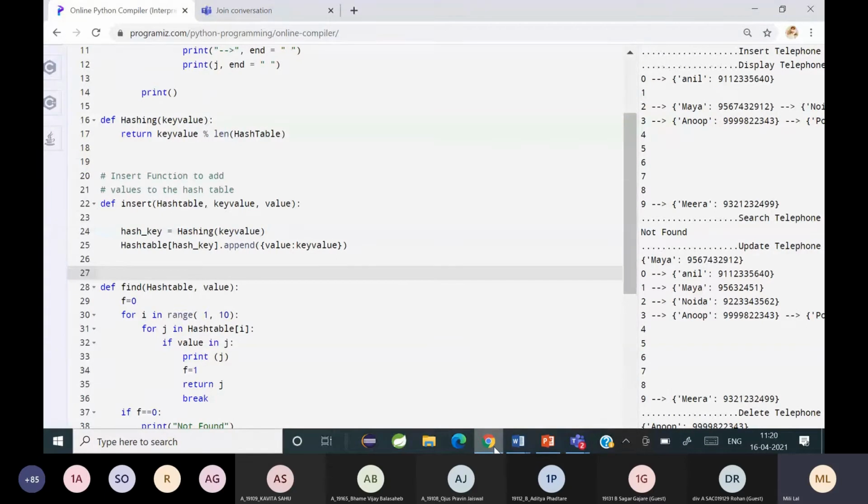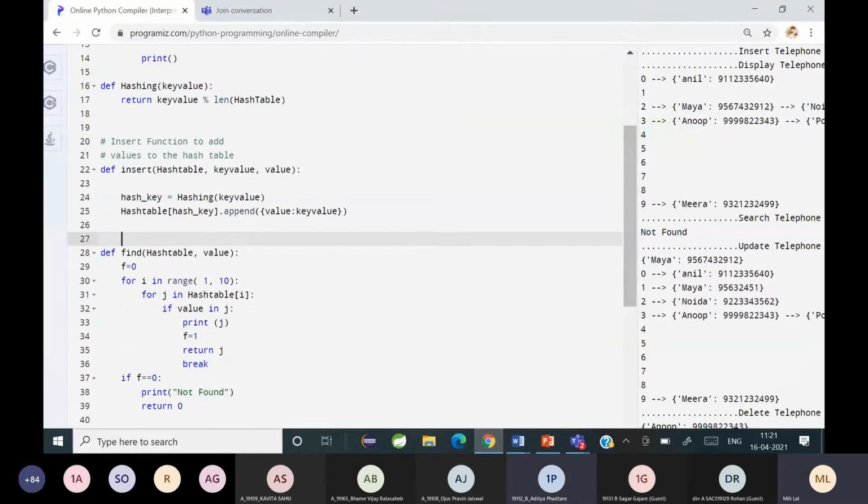Is it clear to everybody? Have you all understood how to insert data into the hash table? Yes, ma'am. If anyone has any doubt, please ask me. Direct second year students, do you know Python? Have you all learned Python previously? Yes. Are you direct second year? Okay, fine. So are you understanding or not? Do I all understand? Yes. Okay. Does anybody else have any doubt? So far, is it clear to everybody? Yes.